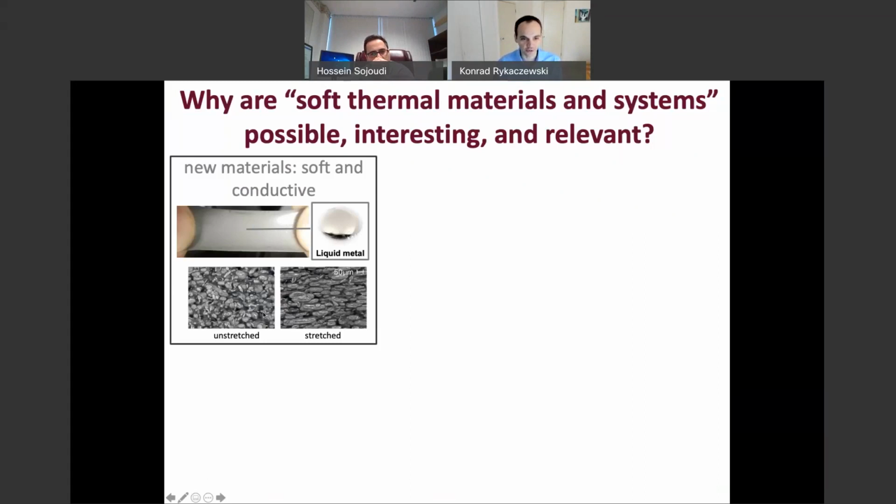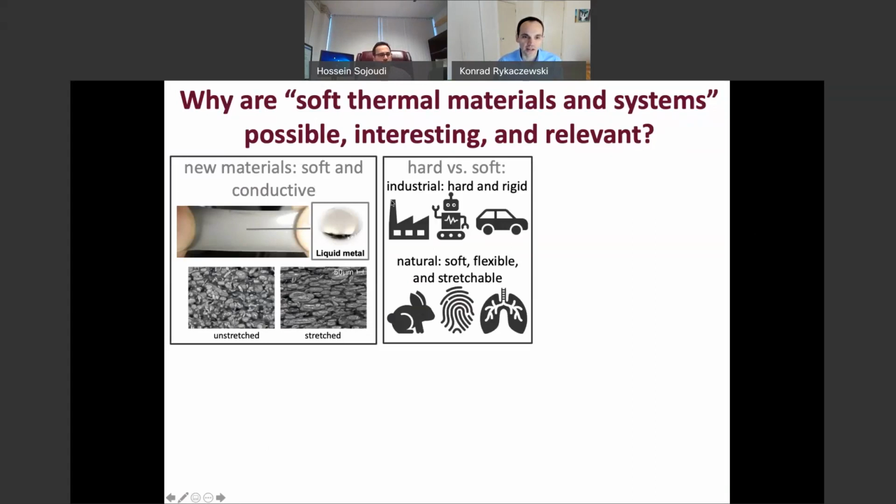What's kind of neat, and I'll show you a little bit about that later, is that because you have these little droplets in the material, as you stretch it, the droplets stretch along with the material. Consequently, you barely stiffen the composite while also making it thermally conductive. So then you have a soft and thermally conductive material. And once you have that, there's a number of applications for these materials themselves, just as pads. But once you have this, you can start thinking a little bit broader in terms of thermal sciences and heat